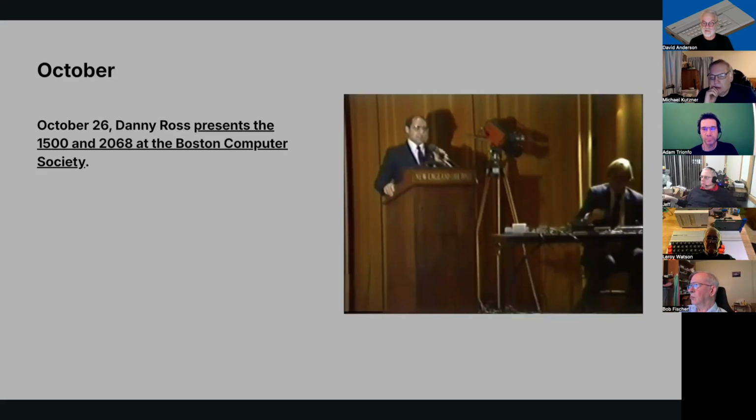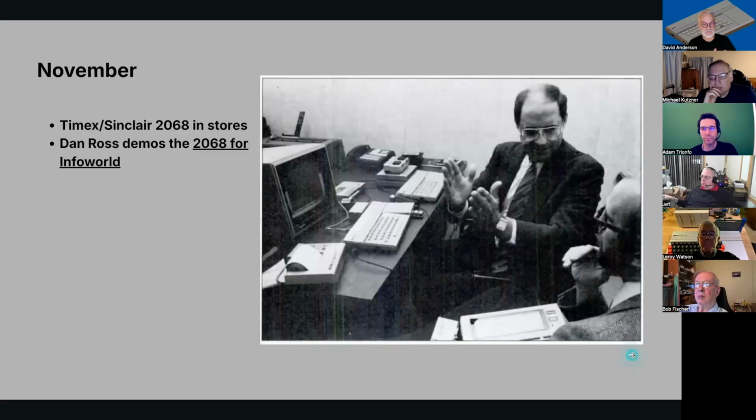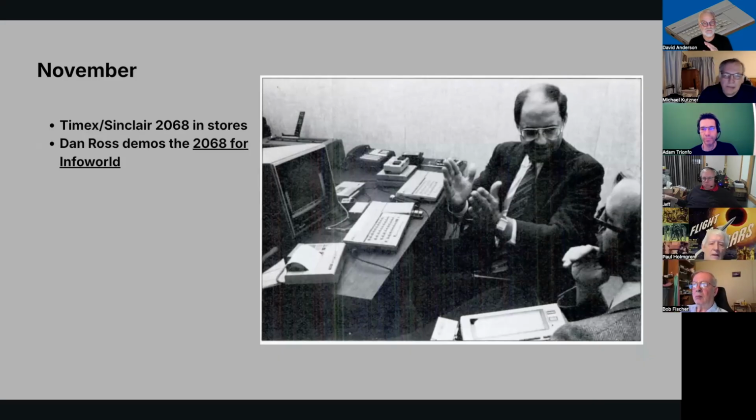The guy sitting there on the right is Bill Skirm, who was the marketing vice president at Timex. After Timex, he went on to Scion. But he's the source of this rumor about a thing called a Timex 3256, for which we have no evidence other than what Portugal did. So, November, the 2068's in stores, and Danny Ross goes on his roadshow to demo the thing, and you can see